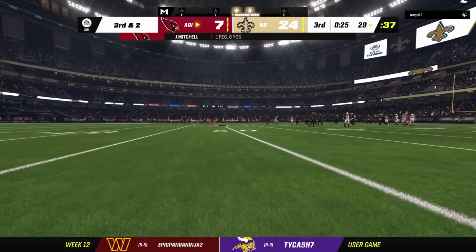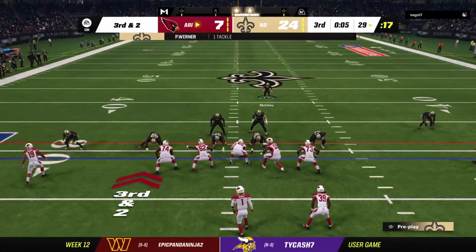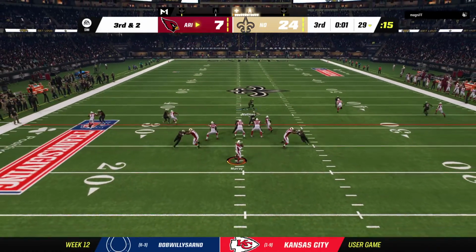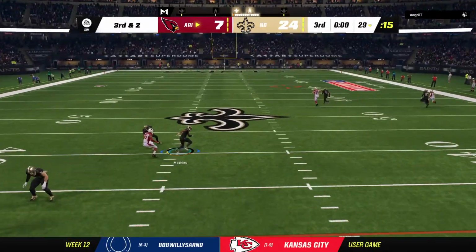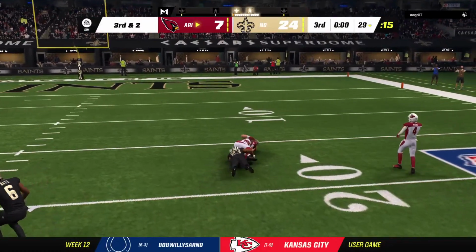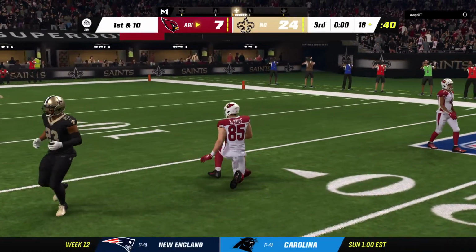As a passer, you're always trying to find that open window to throw the ball downfield. How about this one? Right in the middle of the field, right in the heart of a defense. To throw, it's Murray. He's going to float this one deep right side. He's got a man, complete. Then he will finally be taken down. But how about that play? It's a big one